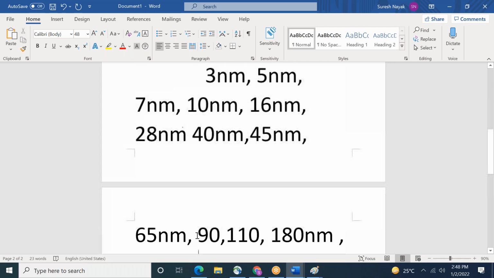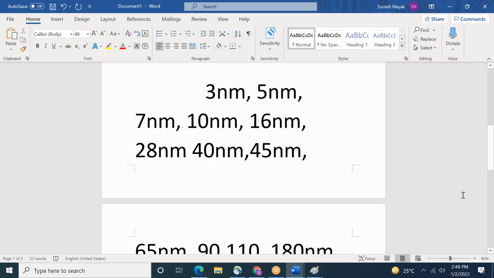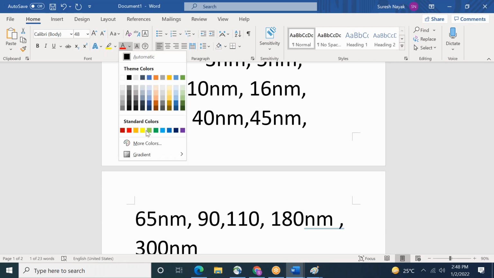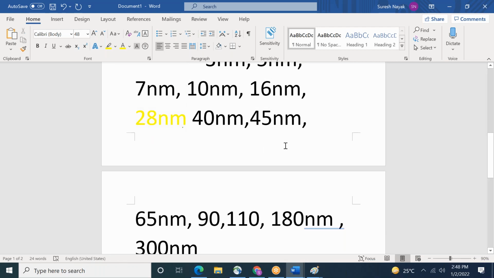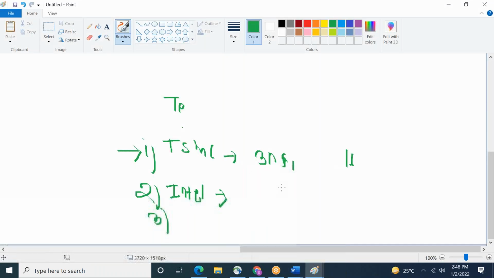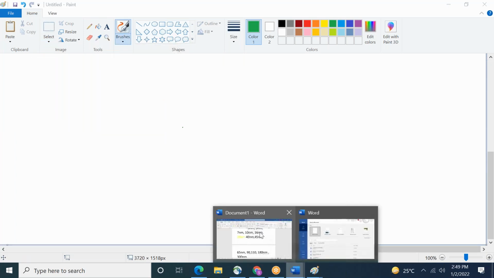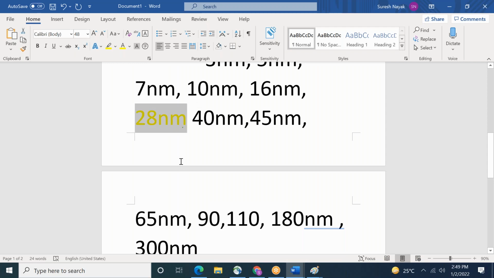So there are different technologies. Okay, so our design will be this one, 28 nanometer. Our tool will support 28 nanometer to 32 also, but 28 nanometer is our technology.